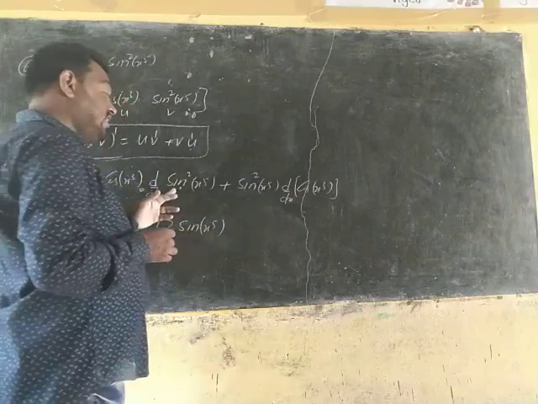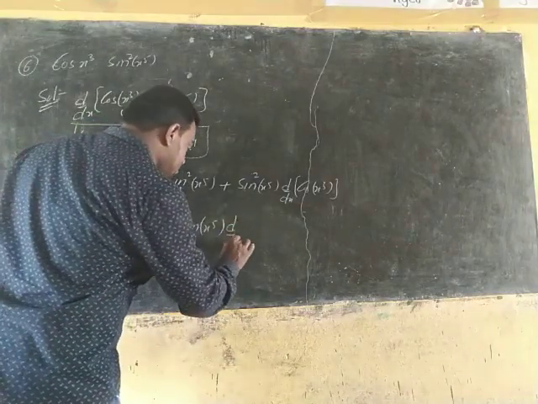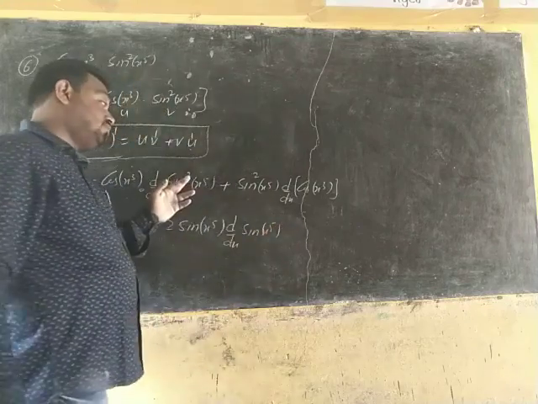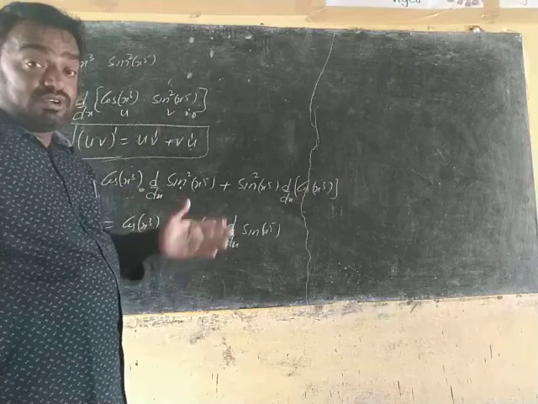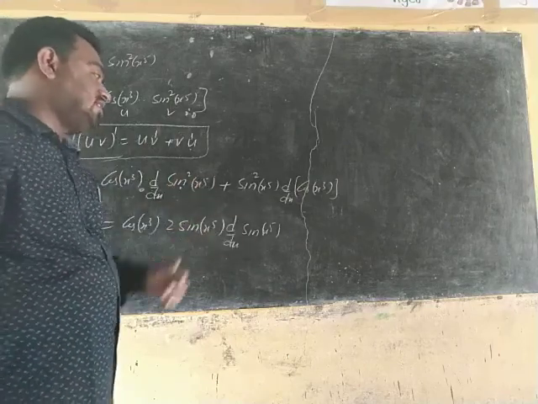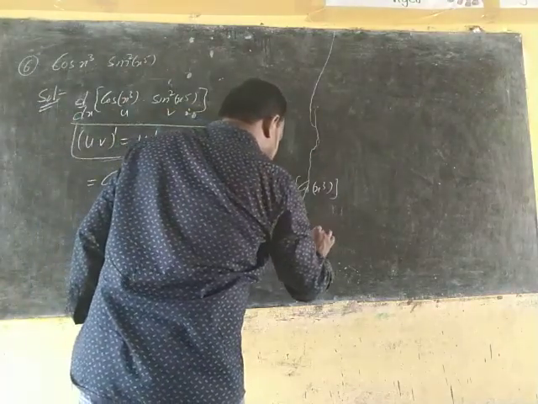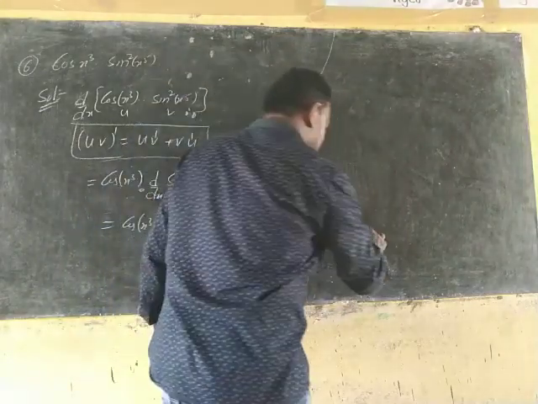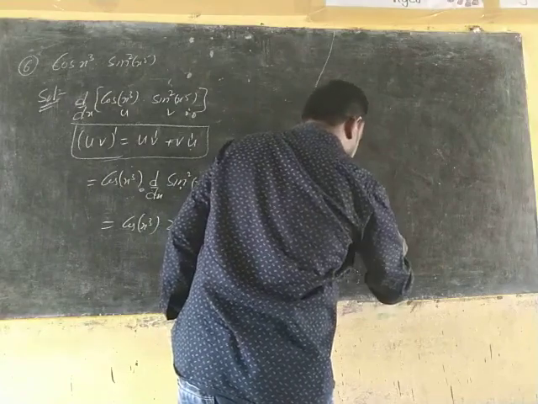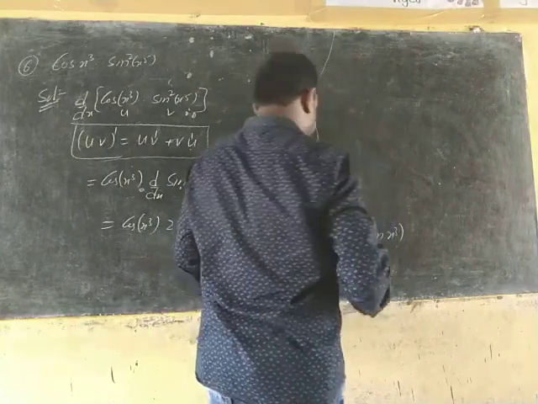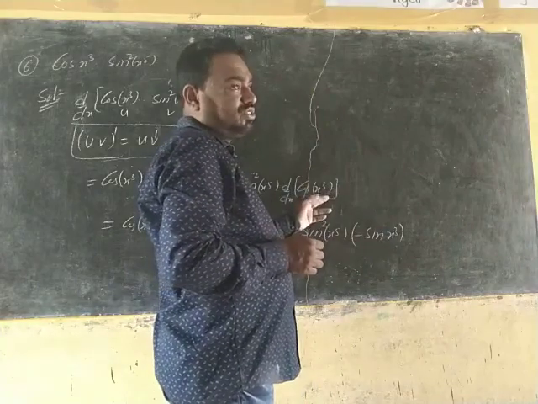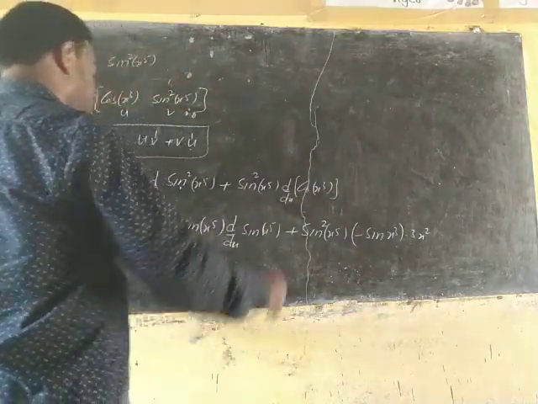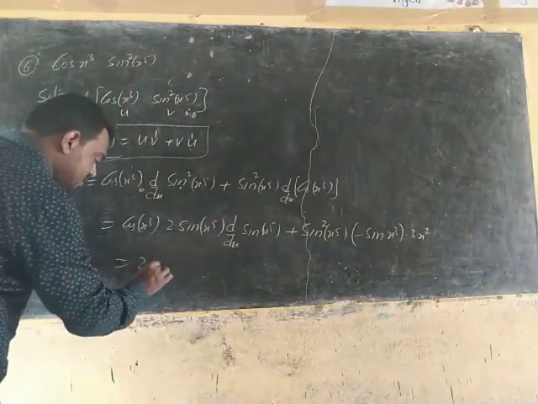Next we need to take the derivative of sine of x power of 5. First power 2 derivative, x square power derivative finished. Now function derivative I am writing here. Next, sine square of x power of 5 into cos function derivative, minus sine. So minus sine of x cube. Next x cube derivative we need to write. X cube derivative, what? 3x square.